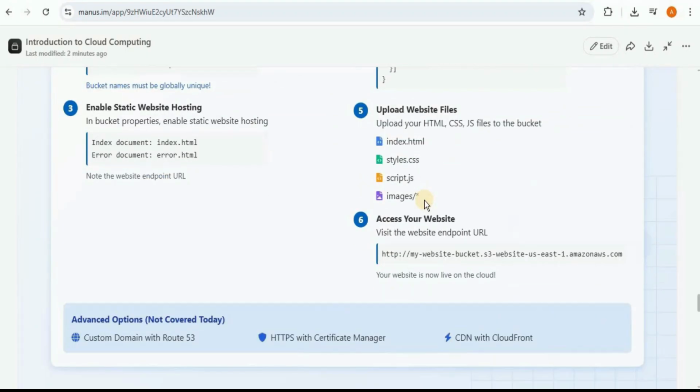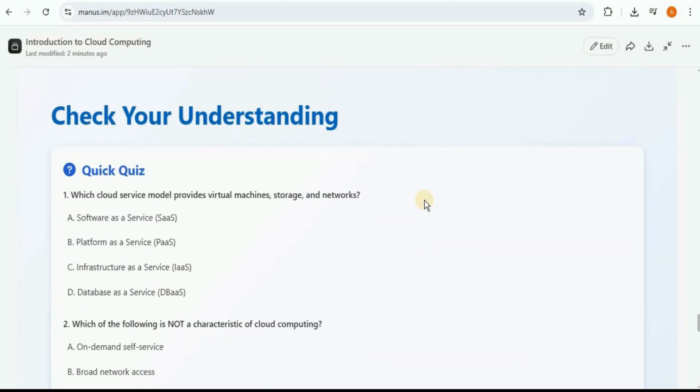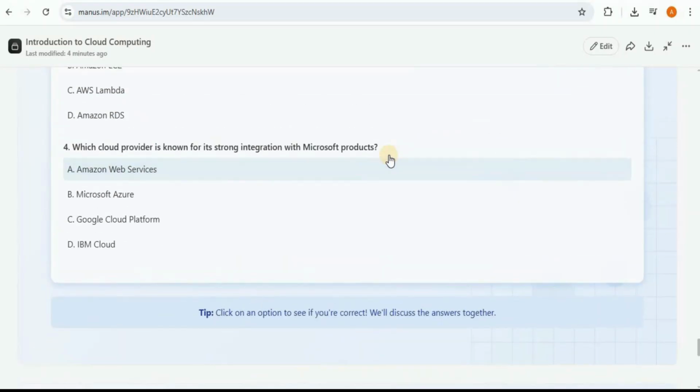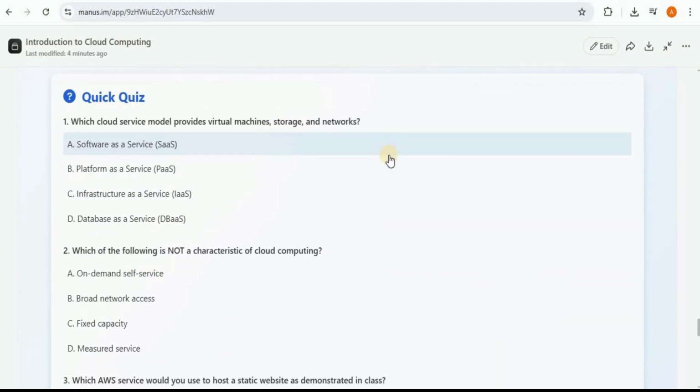And then it has also provided us a quiz slide that contains MCQ type questions in order to check your understanding of the network. And the best part is that all of these are responsive as well. So if you select the correct option, let's say you select this one, if it is correct, then it will be highlighted with the green color, but if it is incorrect, it will be highlighted as red, and the correct answer will be highlighted in the green color.